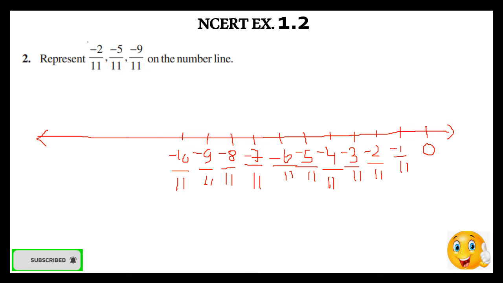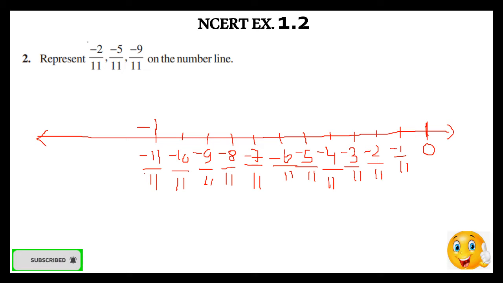and finally we got here minus 11 by 11, that is minus 1. So minus 11 by 11 is nothing but minus 1. So you can see here 0 to minus 1, the whole unit got divided in 11 equal parts. So here we have the 11 parts of the 1 unit on the number line,